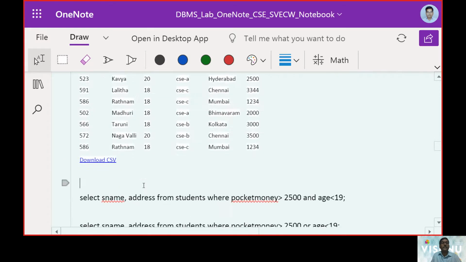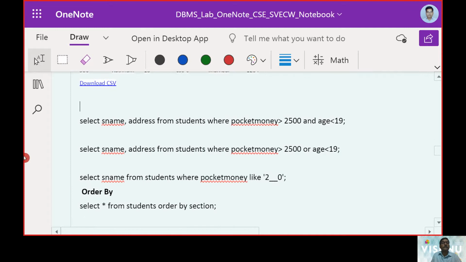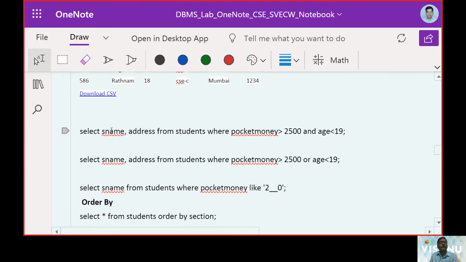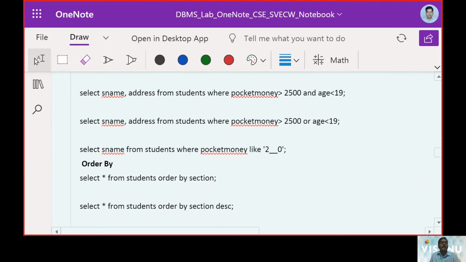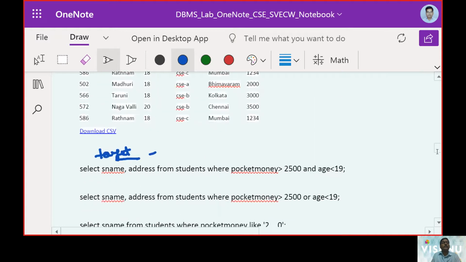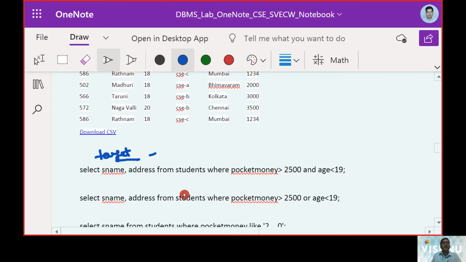Now the result set is taken up. The next one was select name and address. So these 2 points, name and address, are called the target list.